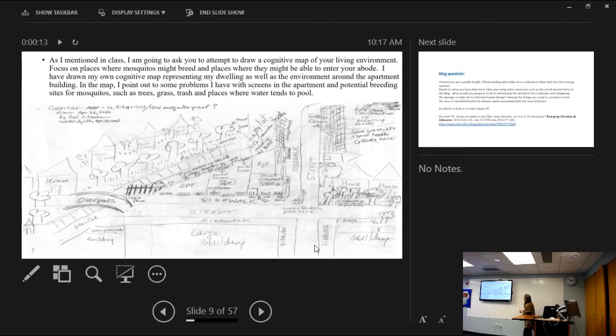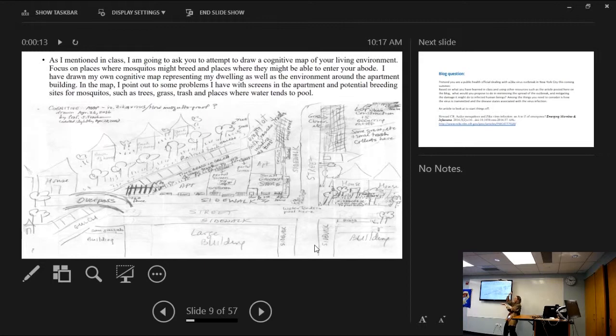where I'm showing them I live over here. This is a gully in the back where a train runs by, and I've got a broken screen in the apartment. Actually, that screen is not the problem. I've got other broken screens, but I've got like a gulf where mosquitoes, if they were there, could enter into